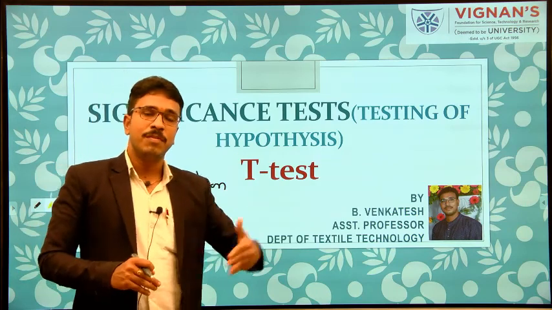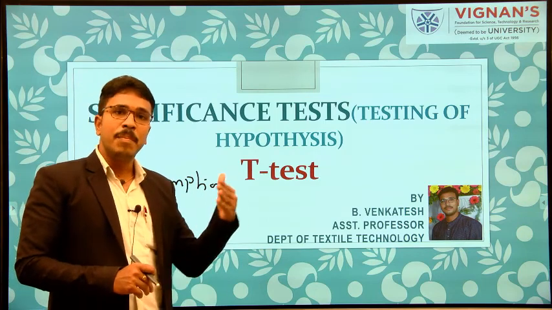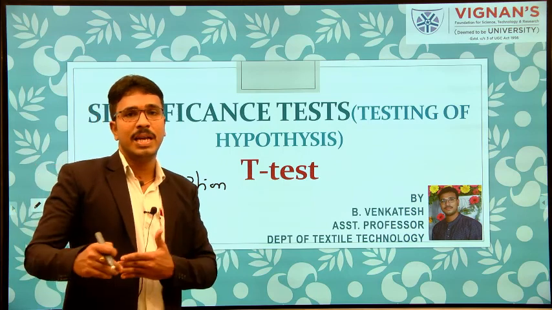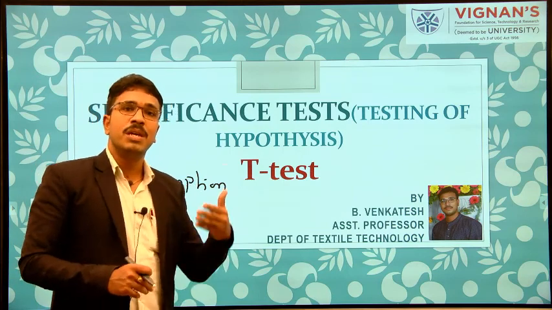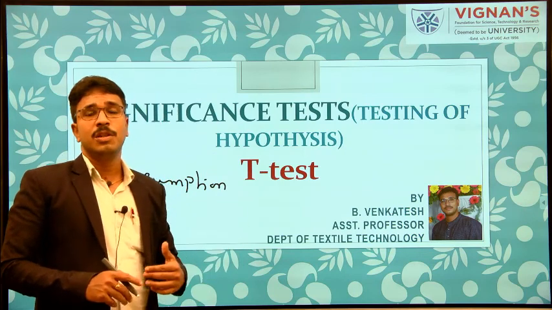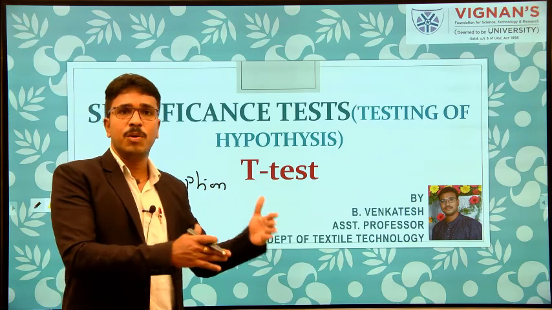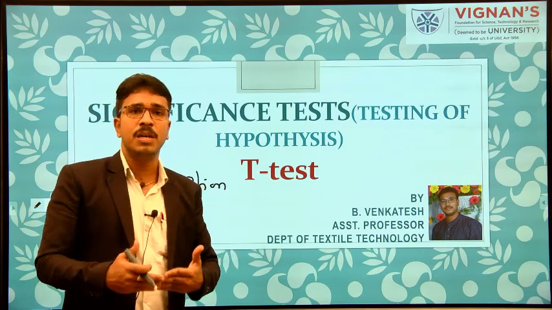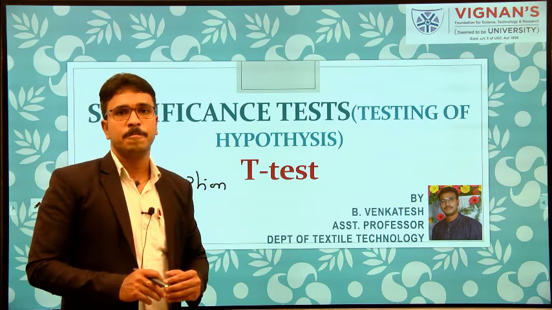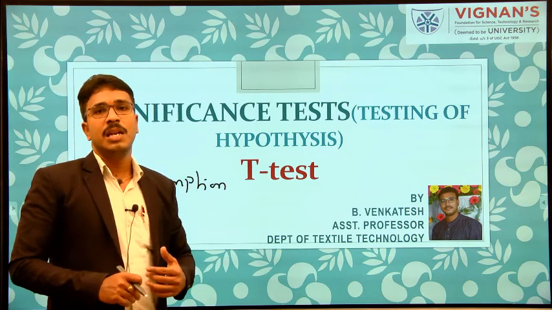Likewise, we proceed with the z-test, and by doing so, what we conclude at the end is a statistical inference about the data, that is, we assess the evidence provided by the sample measurement about the population parameter. This is the z-test, which we saw in detail in the last class.